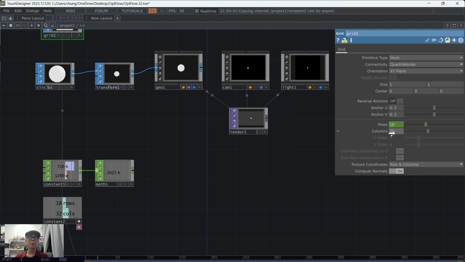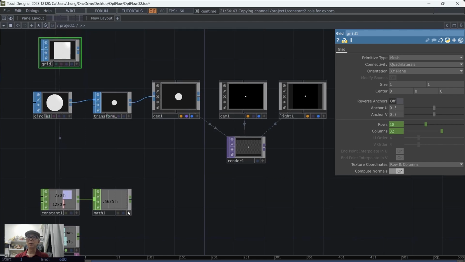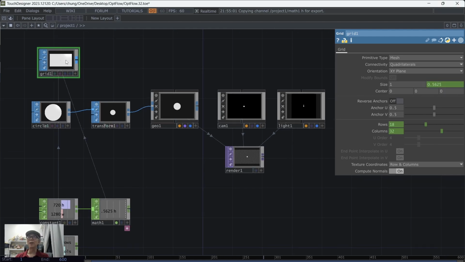And also I need to take care of the aspect ratio, where the calculation here comes from, so that the width, the longer dimension, is 1, and the shorter dimension, height, is this ratio. So now you have this 16 by 9 grid with the same number of rows and columns as the